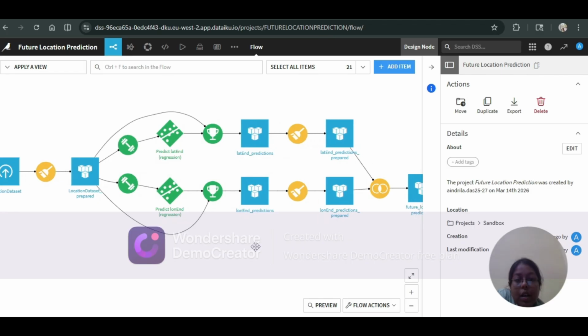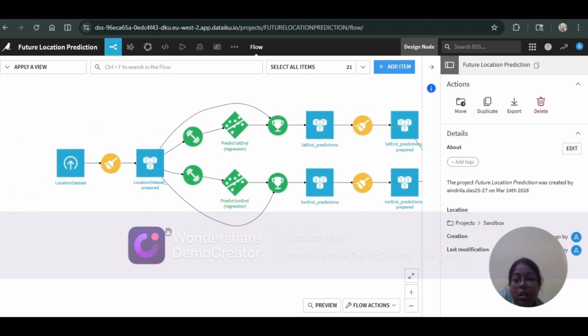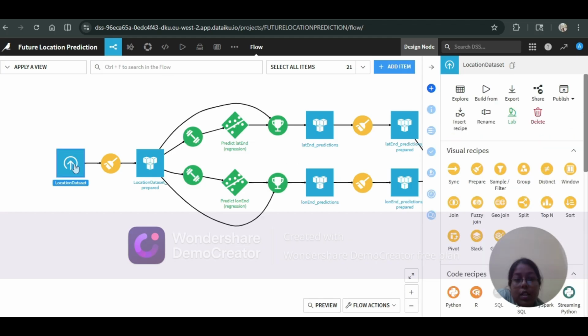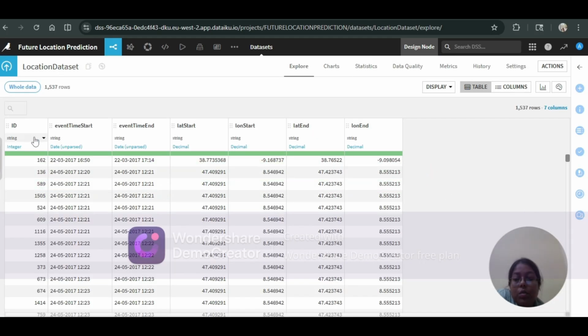So this is my entire pipeline which I have created for the future location prediction. First, this is my raw dataset which contains all the columns already provided: ID, event time, start and end latitude, start and end longitude. Then